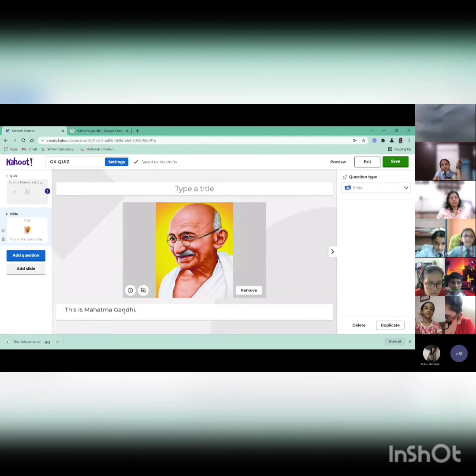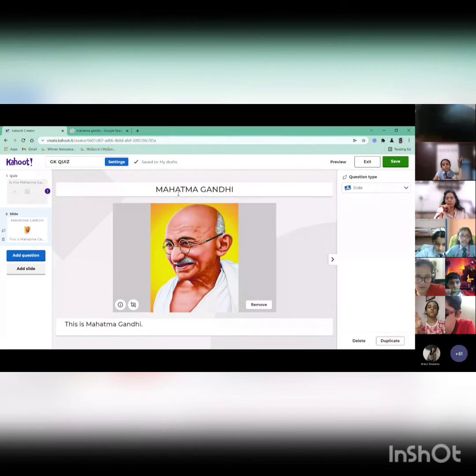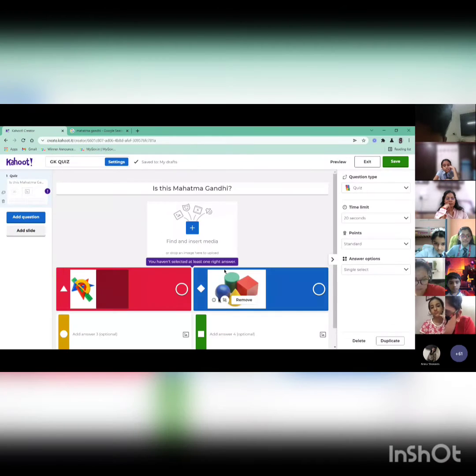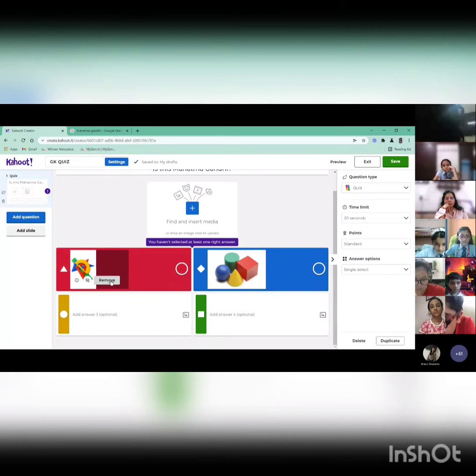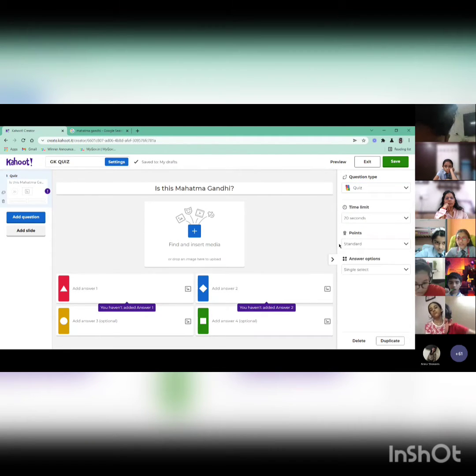So this is like a slide. Here it's not like any question, but like the PowerPoint slides we add. If you want to give any explanation to any question, like how the answer is this, then you can just add a slide so that the players can read the slide and get information. For now I'm deleting it. So mostly there are two types for adding questions, and for presenting there is only a slide option. So like this you can do.